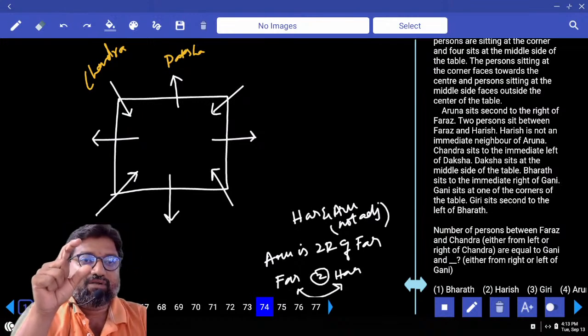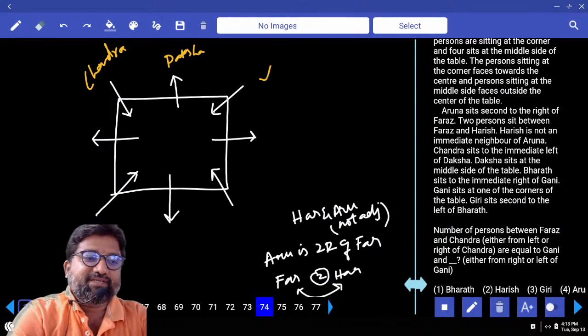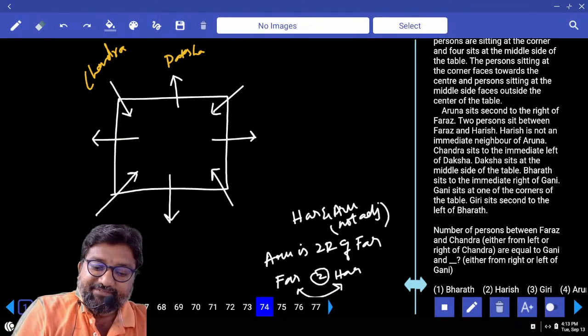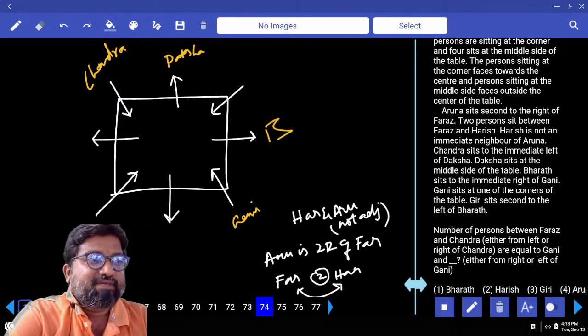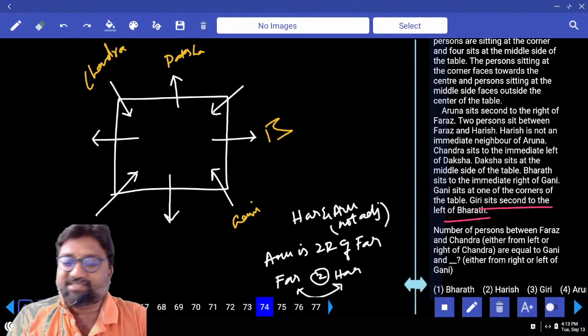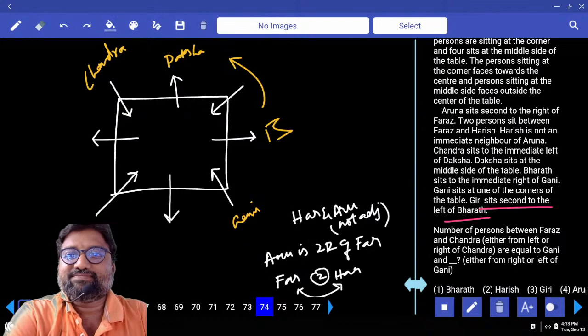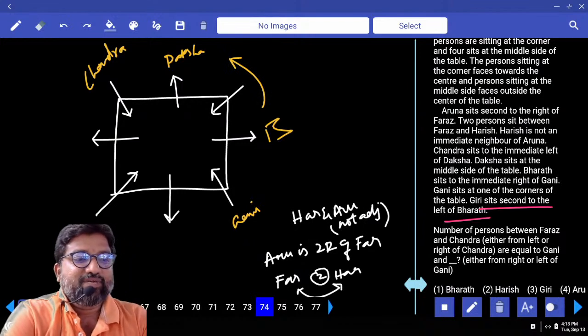Gani is sitting in the corners if possible. And if I take Gani here, immediate right, is it? And if I fix Gani here, Bharat, and there is a problem. What's the last line? Second to of Bharat. To the left of Bharat is this. Yes or no? A possibility for